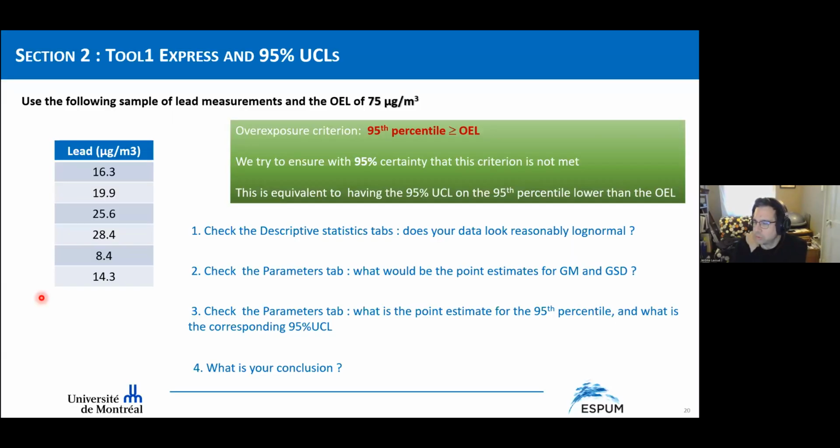All right, so share the screen 2. Okay, so you should now see the section 2 exercise. So you will all use the same sample. It's a sample of the lead dataset that I presented yesterday and Tuesday. And we will use Tool 1 Express. Well, you will use Tool 1 Express, and we'll try to make a decision using